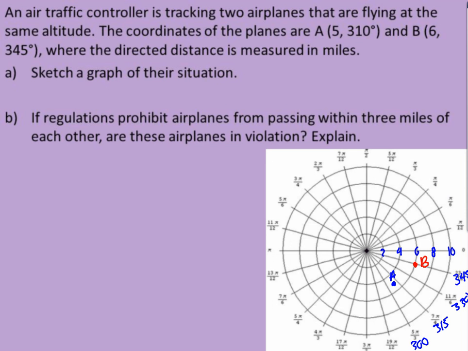Now we're trying to find the distance between those 2 points, because for part B, it says if regulations prohibit airplanes from passing within 3 miles of each other, are these airplanes in violation? So we need to see if these planes are closer than 3 miles apart, then they're in violation. If they're farther than 3 miles apart, they are not in violation. So our formula to find distance